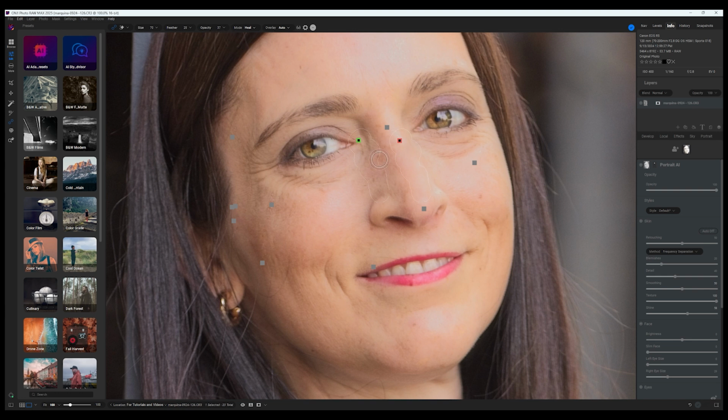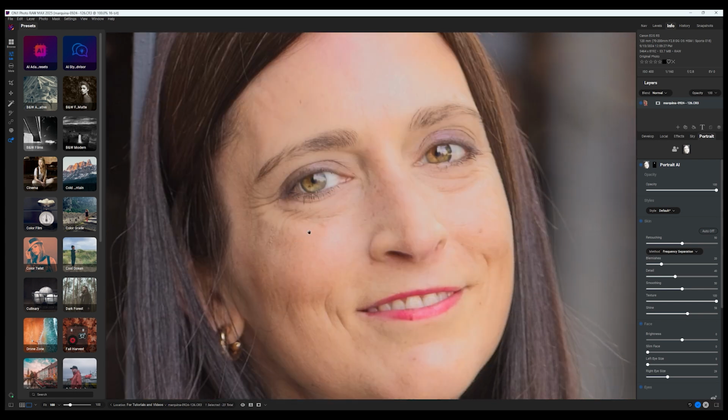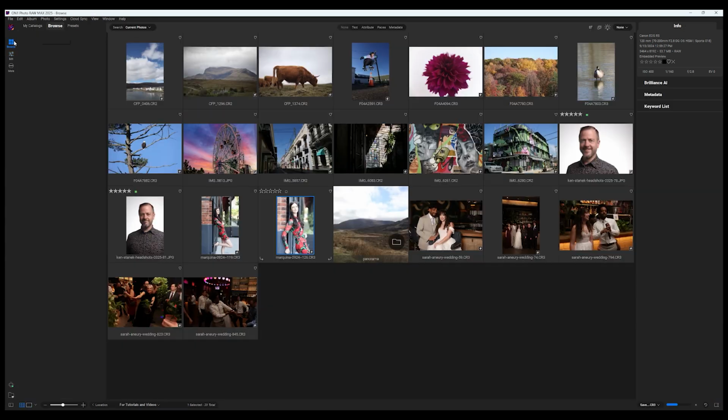Change the size. Use the forehead because it's got a similar color tone. Yeah, so this is just doing a lot of little edits, little local adjustments on the face